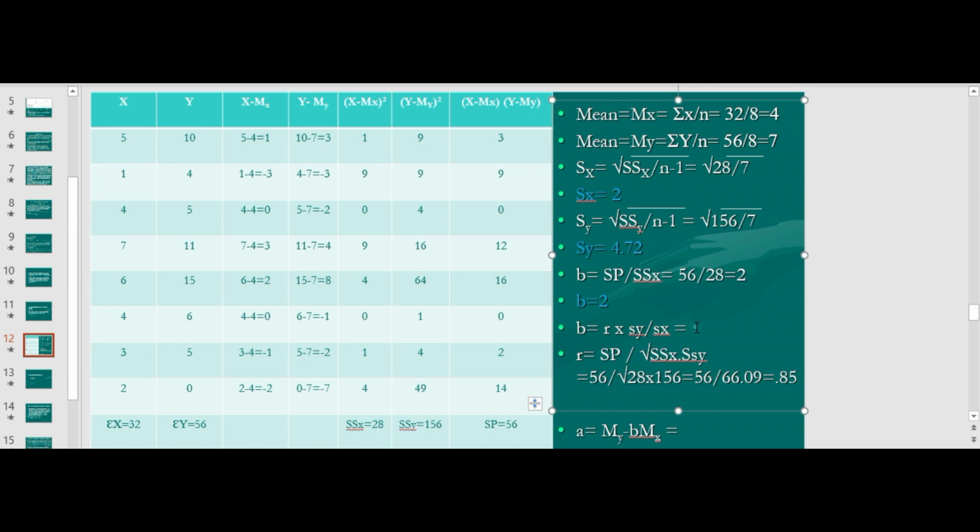We will put these values in this formula: 0.85 into sY, which is the standard deviation of Y, 4.72, divided by the standard deviation of X, which is 2. And it will be equal to